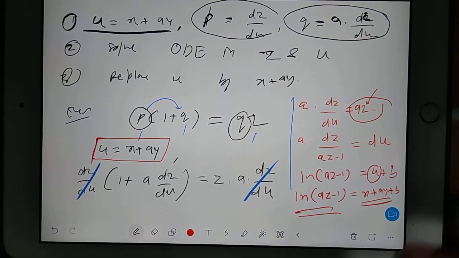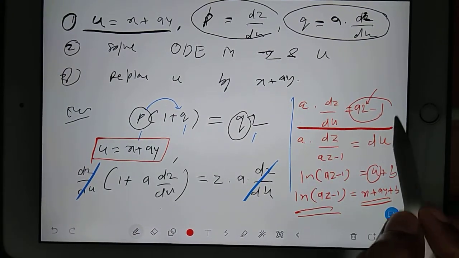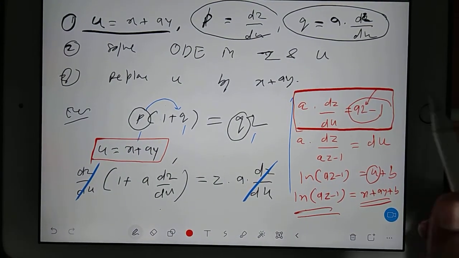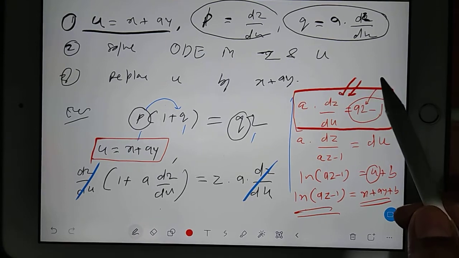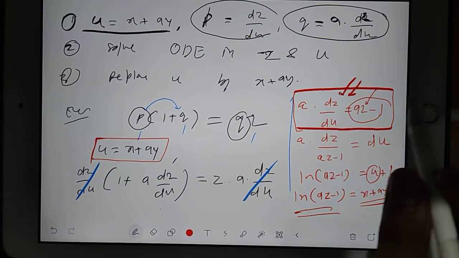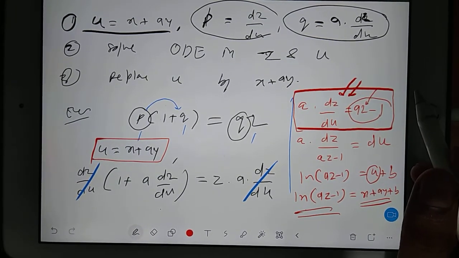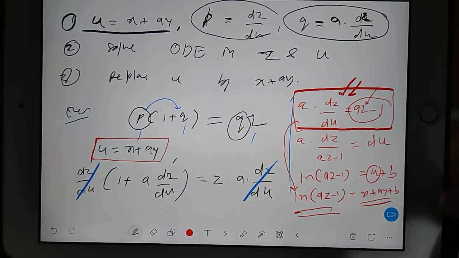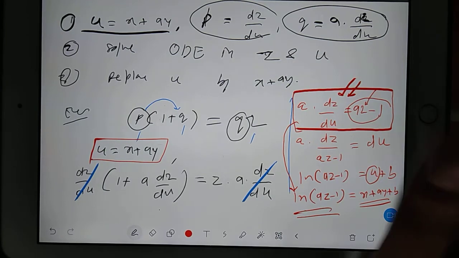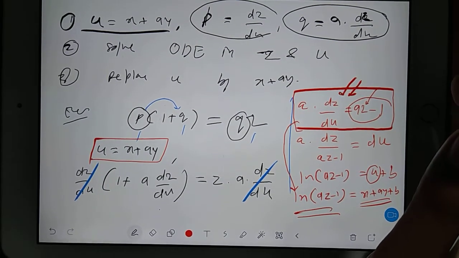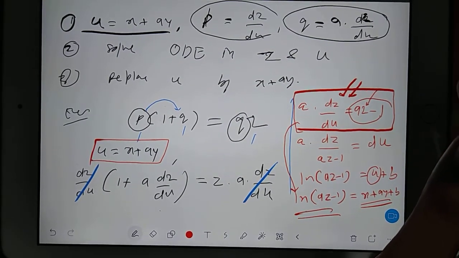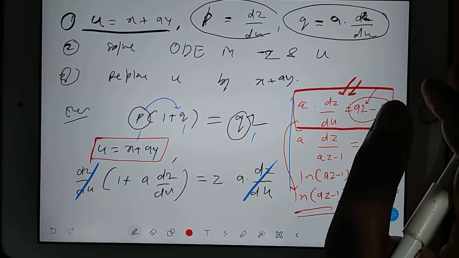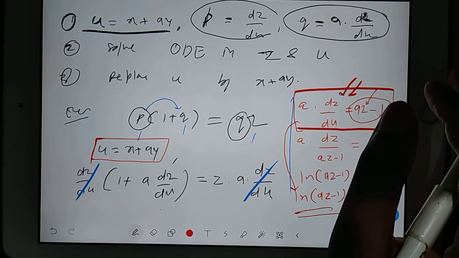Now the differential equation we got here, in this case we were able to solve easily. There can be situations when you will get some different type of ODE. Whenever you see any ODE, you should know how to solve that ODE, then only can we go to the final answer. So you may have different types of ODE in the format. We have some basics. So now we'll go for our third type.